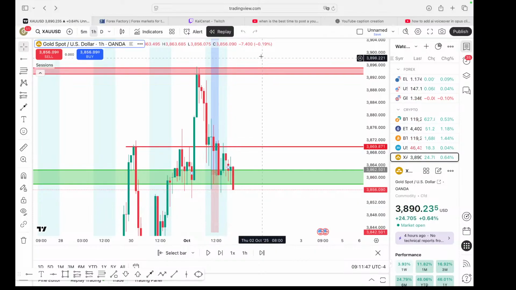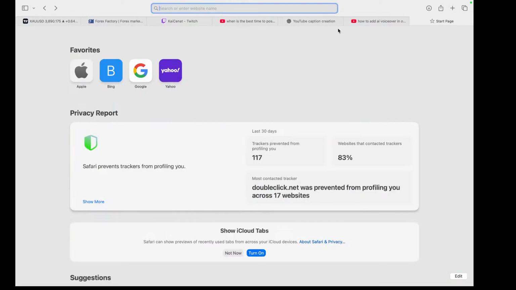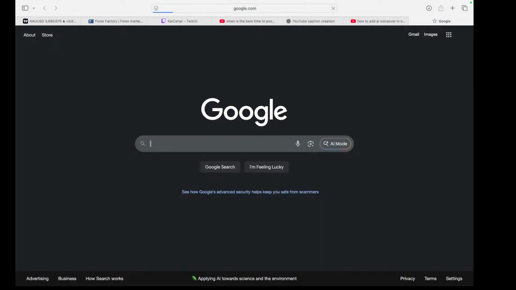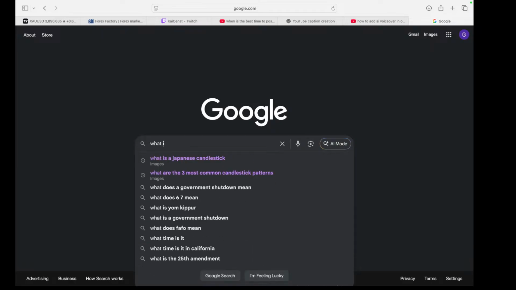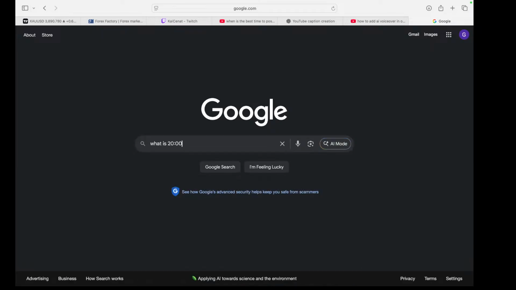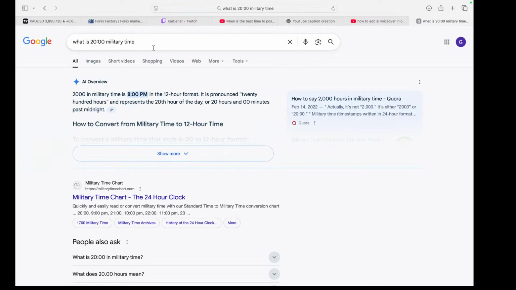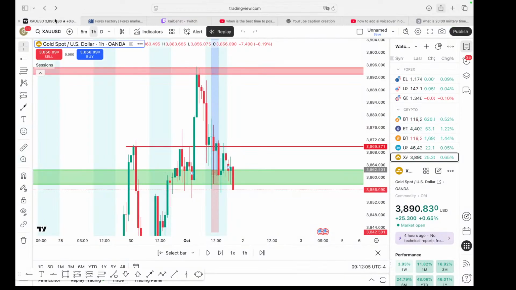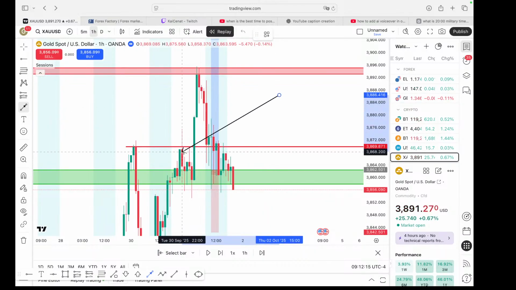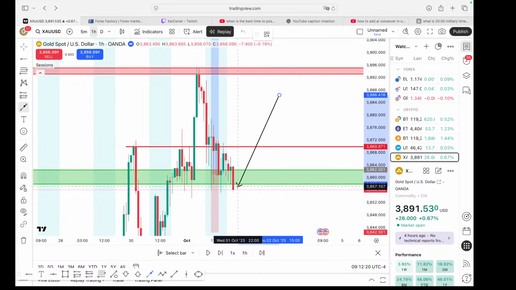Hold on one second, I don't want to be ignorant. It's 8 a.m. or 8 p.m. or 10 p.m. All right, that's 8 p.m. See, at 8 p.m. I got spooked, man. I'm not gonna lie, I saw a potential head and shoulders pattern forming. So I saw this shoulder, and then I saw price come up to this shoulder and reverse and go down. So I was like, oh shoot, I might need to get out of the trade.